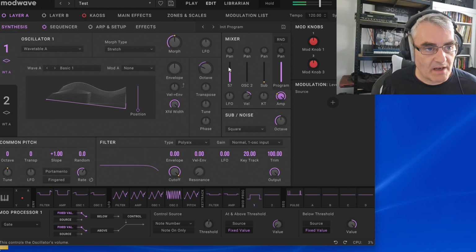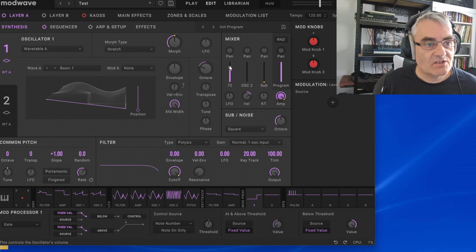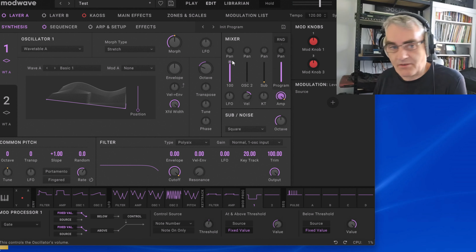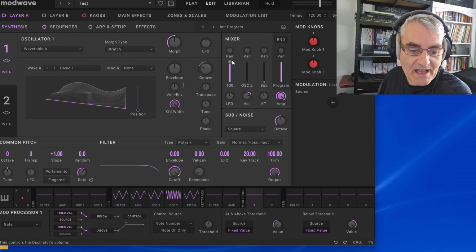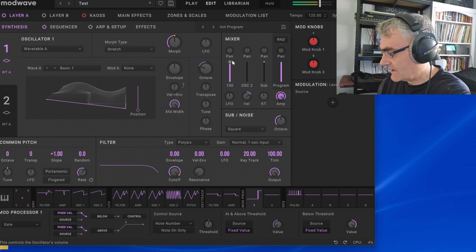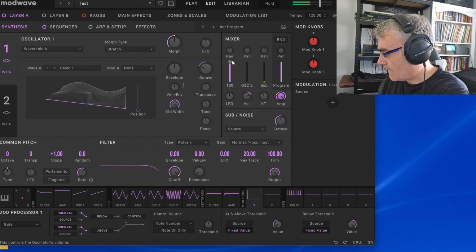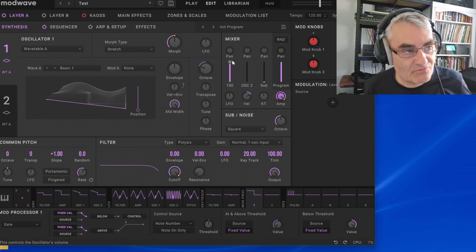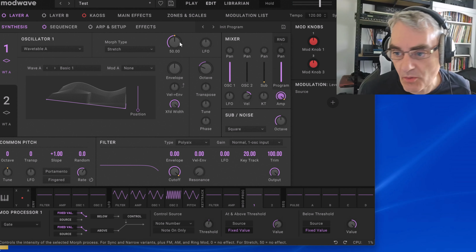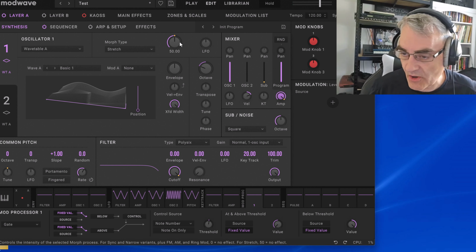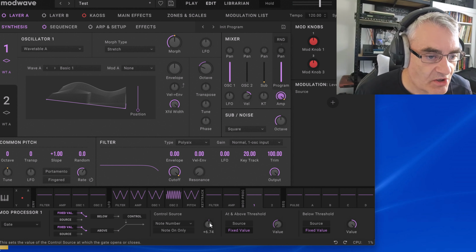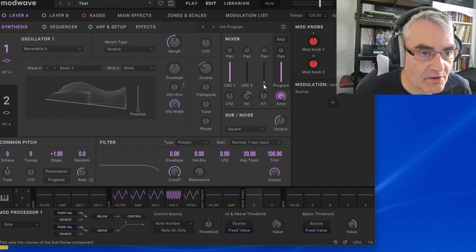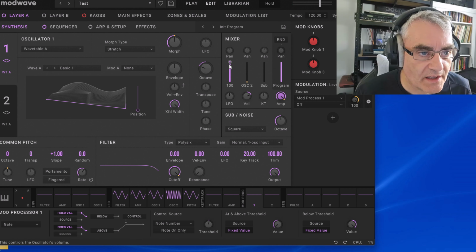So now we can combine that. In my right hand I've got the pad, and in the left hand I've got the pad and the sub oscillator, which is really handy because sometimes you don't want the sub going all the way up to the top, so you can create splits. So instead of controlling that volume, we could control layer 1,